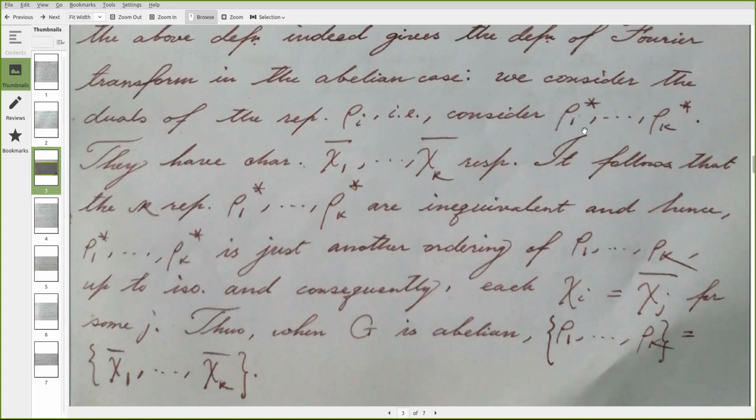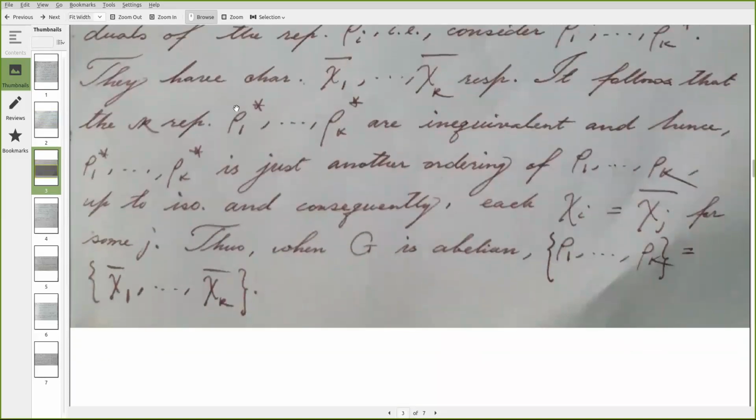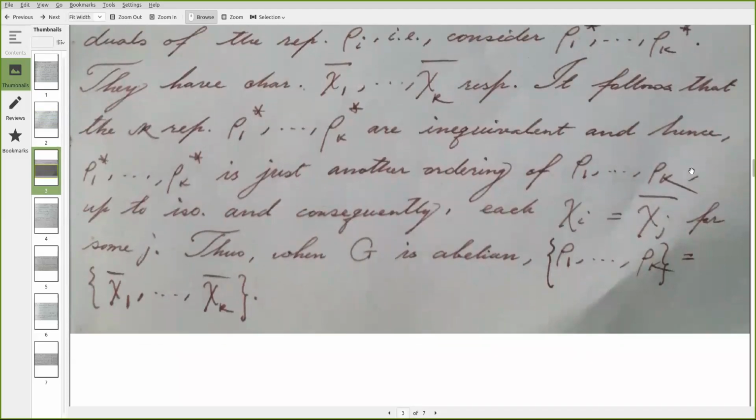So in view of that, you can say that each rho i conjugate is also irreducible, and up to isomorphism this is nothing but another ordering of rho 1 to rho k, because rho i conjugate is actually isomorphic to some rho j. Consequently, at the level of characters, chi i is nothing but the conjugate of some chi j. So in view of this,